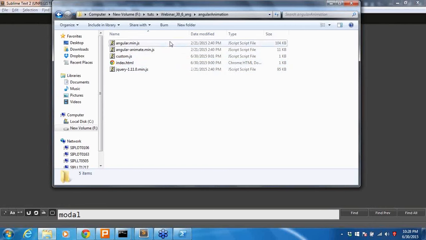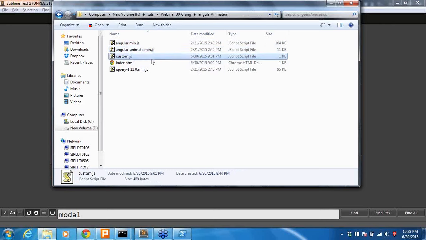One is our AngularJS file. If you want to write an AngularJS application, we need that. The next one is AngularAnimate.min.js. Here is what I have written, my functionalities. Next, if I want to access these animations using JavaScript, I am a bit poor in JavaScript, but I am a bit comfortable using jQuery. So I included the jQuery also, instead of using the raw JavaScript. But these two files are mandatory.